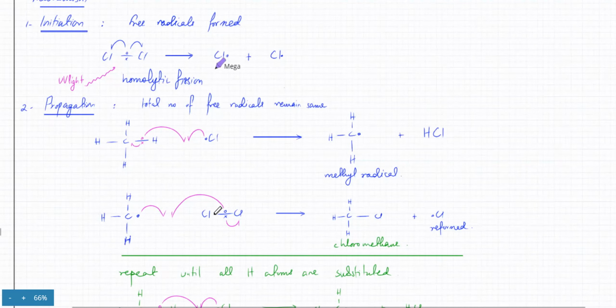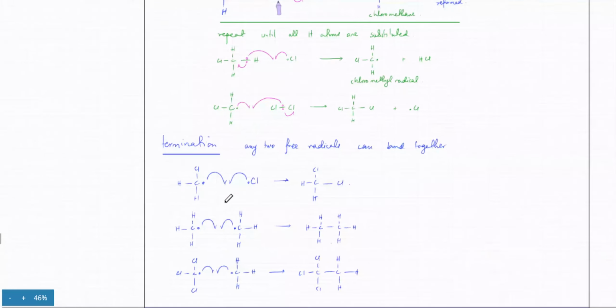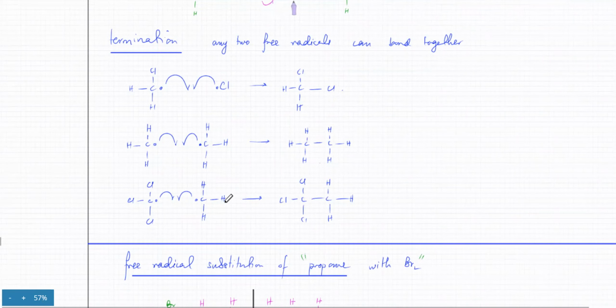And the methyl radical would then steal one of the chlorines from the chlorine molecule, which is already undergoing homolytic fission. So it would pull its electrons and bond with it, and one of the Cl would get substituted, and the reaction would keep on repeating. Every time a Cl radical is produced, it's going to take away one of the hydrogens, and the whole process would repeat again. And every time another Cl would get substituted, and then you had a termination step at the end. Any two free radicals that are getting formed, they would combine